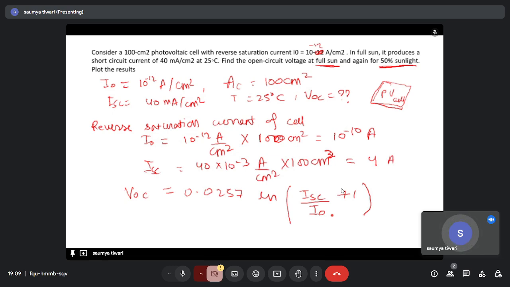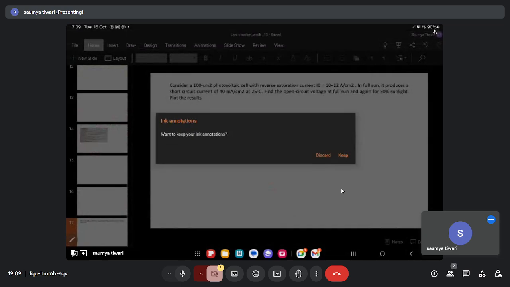so we know all the values, we'll put the values. So it will be 0.0257 log of ISC value, which is 4, upon I naught value, which is 10 to power minus 10, plus 1. So this will be 0.627 volt. Okay. Now